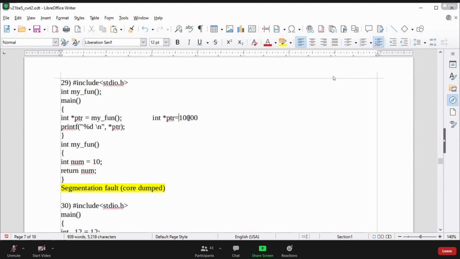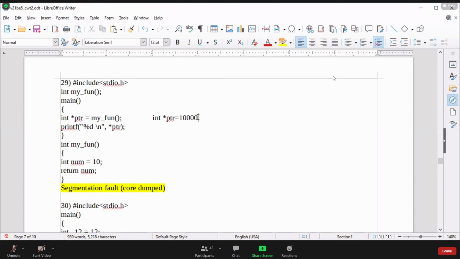This location is not provided from the operating system side to the pointer. So when we try to dereference, the operating system considers it an invalid location. The operating system cannot work with this type of address because it's invalid. It is not provided from the OS side.